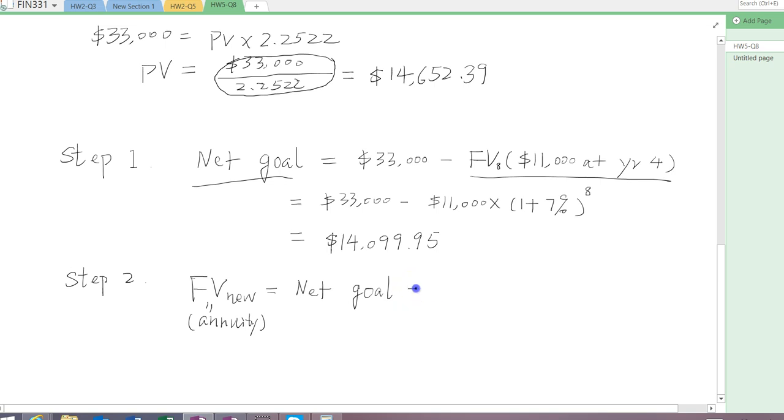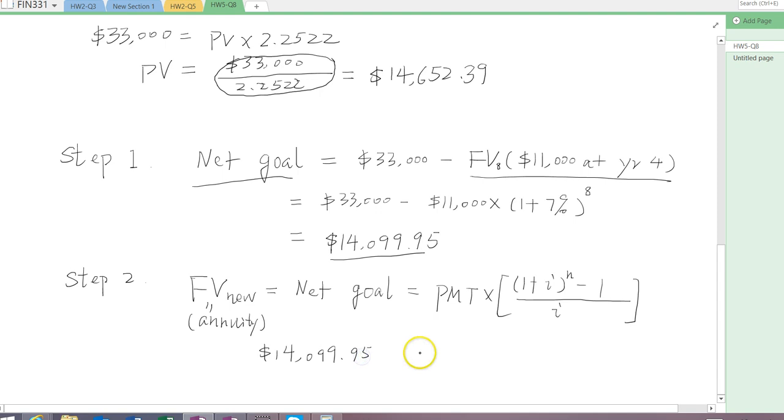Given the formula, this equals payment times 1 plus interest rate raised to the power of n minus 1, and everything divided by the interest rate. So now just plug in the new numbers. This is the new future value, 14,099.95. This equals payment